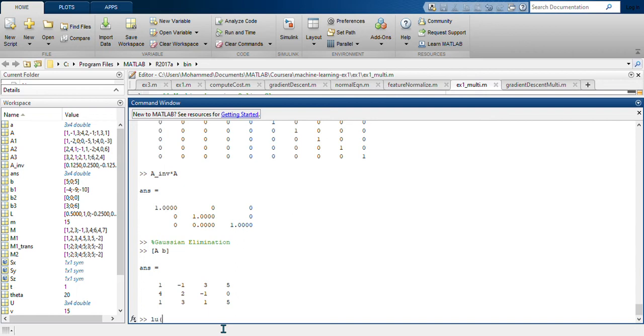And our matrix is capital A space small b, right, in square brackets. So we are joining the coefficient matrix and the B vector together, and we use this LU command in MATLAB,